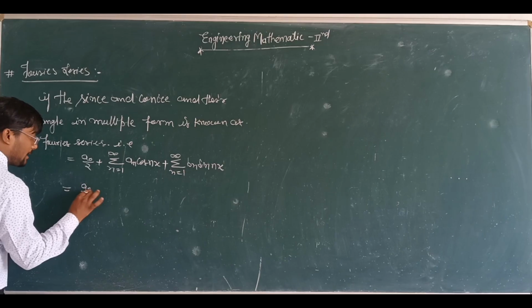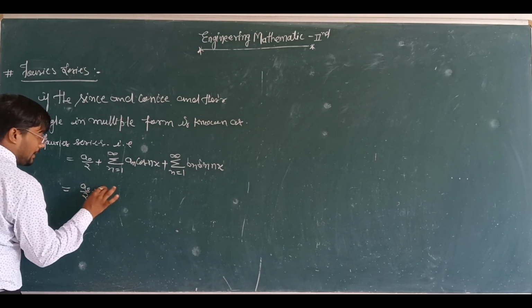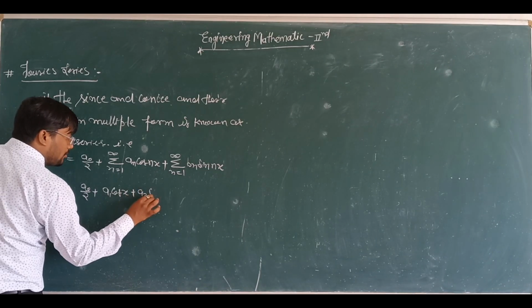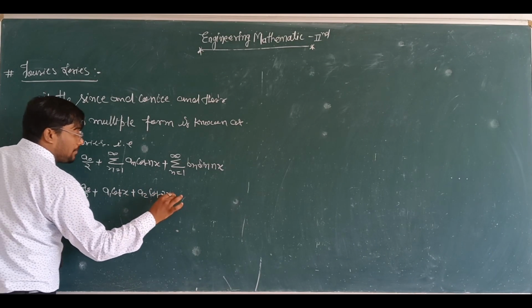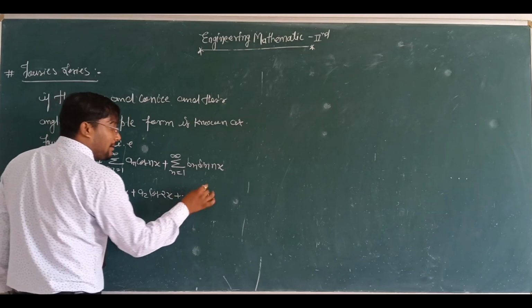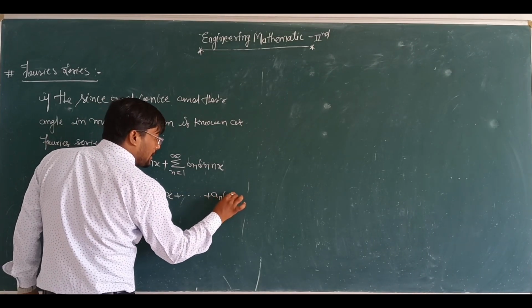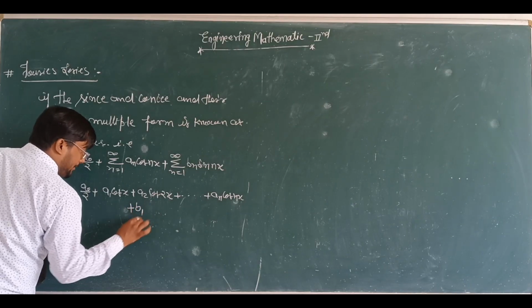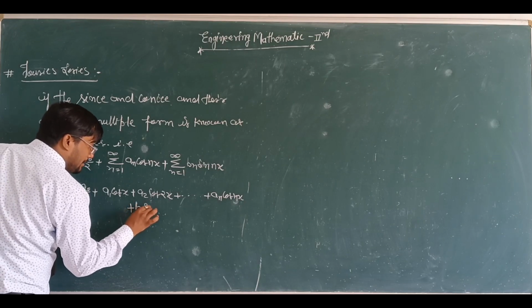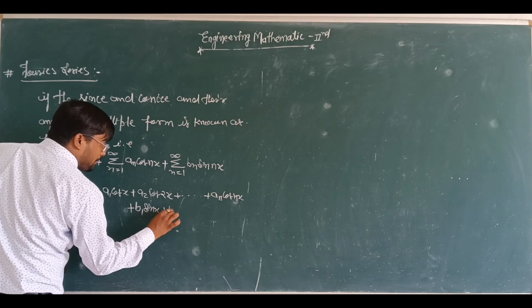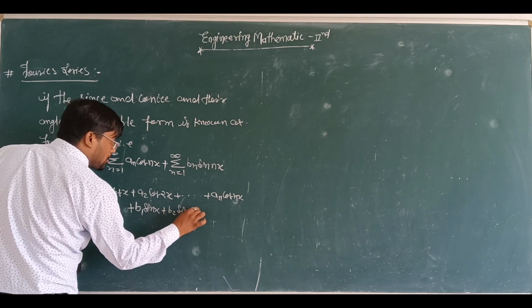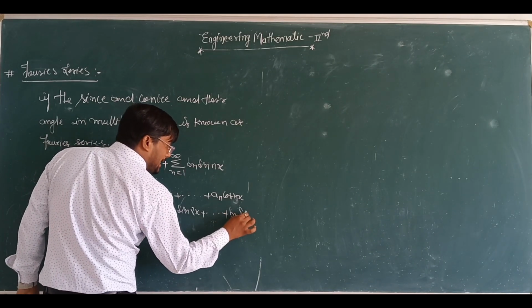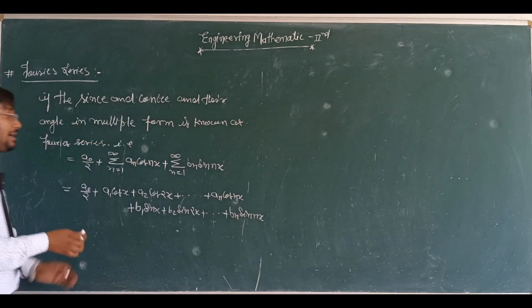You can write the expansion form of this series as a naught by 2 plus a1 cos x plus a2 cos 2x plus and so on plus a_n cos nx plus b1 sin x plus b2 sin 2x plus and so on plus b_n sin nx. This is called the Fourier series,